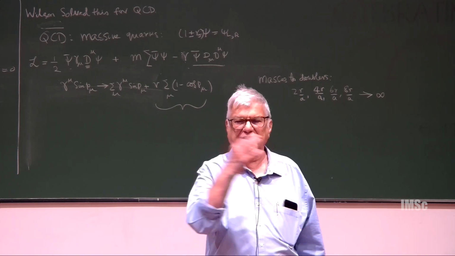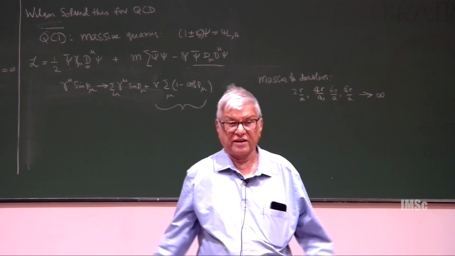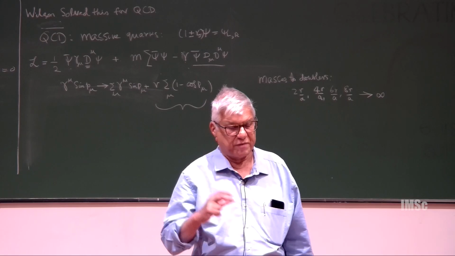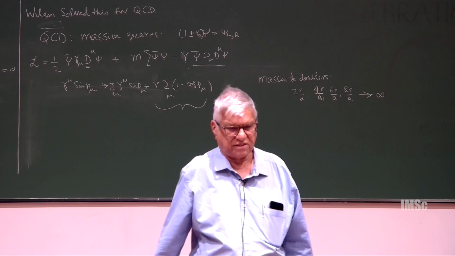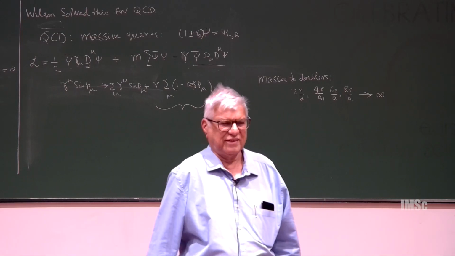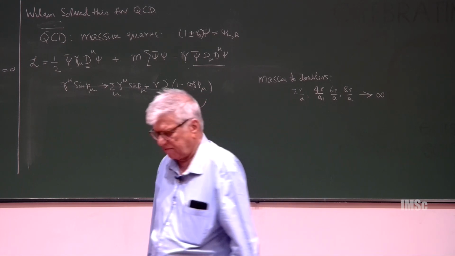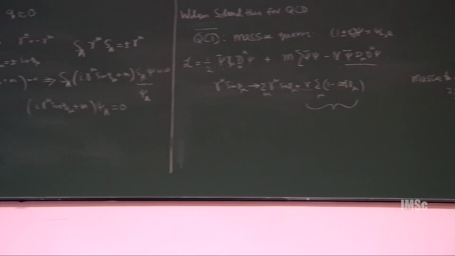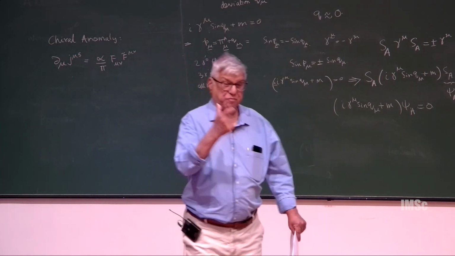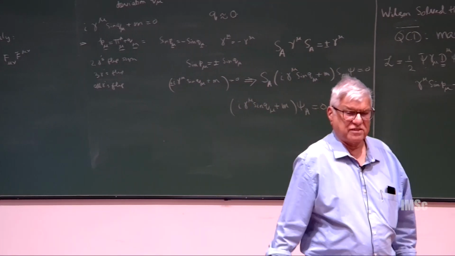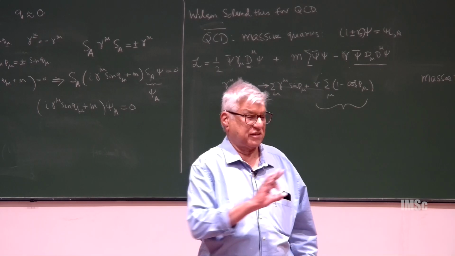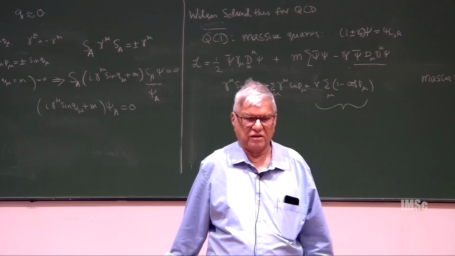But then all this thing about partially conserved axial current, chiral symmetry came, and it was discovered to one's horror that the standard treatment of partially conserved axial current predicted that the pi naught does not decay into two photons. Now that was a disaster, and then it was fixed by many people, Bell, Jackiw, and Adler, and they showed that actually if you look at conservation of the axial current more carefully, there is a piece which is proportional to the gauge fields, and even in the mass going to zero limit, the axial current is not conserved, and it correctly explains the pi naught to 2 gamma